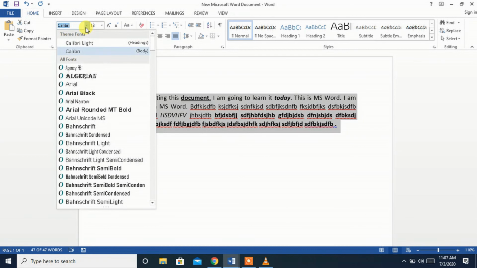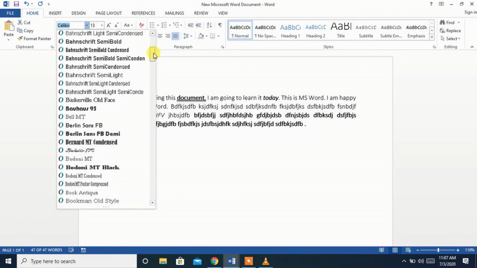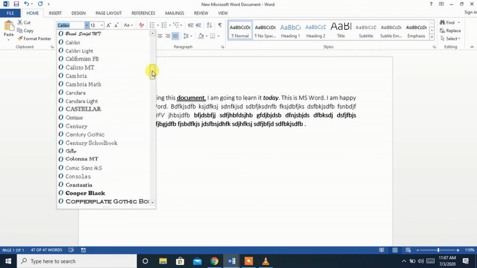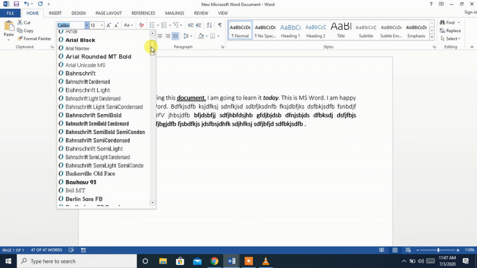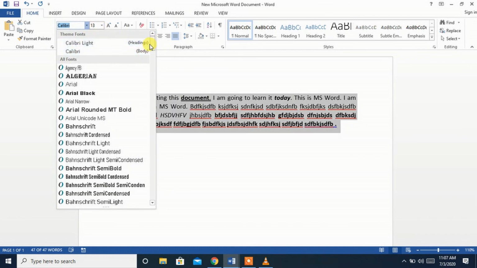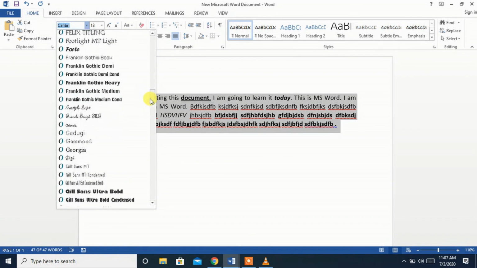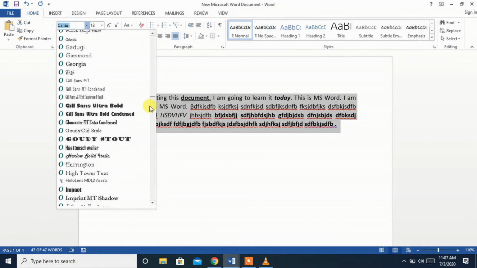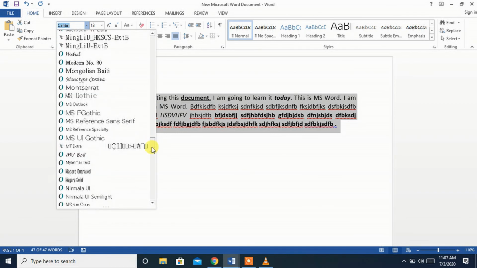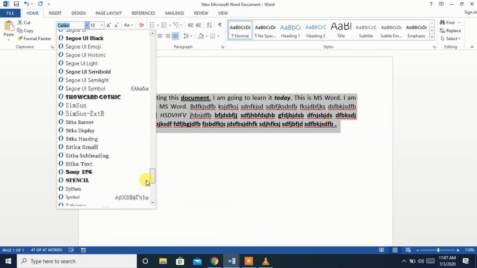There are many types available in this by the predefined package. Now it is Calibri. I want to change it to Times New Roman. So I am going to change it to Times New Roman. Just scroll down after clicking the arrow mark. Then in the alphabetic order it will be written.